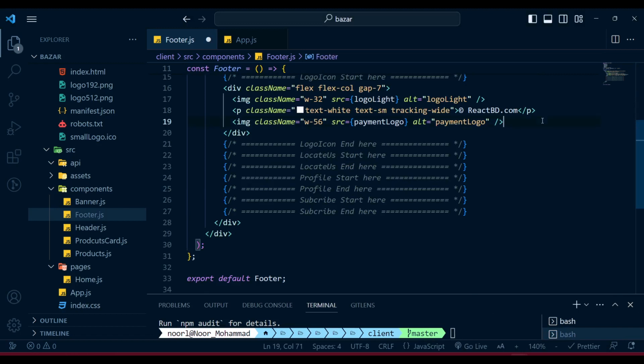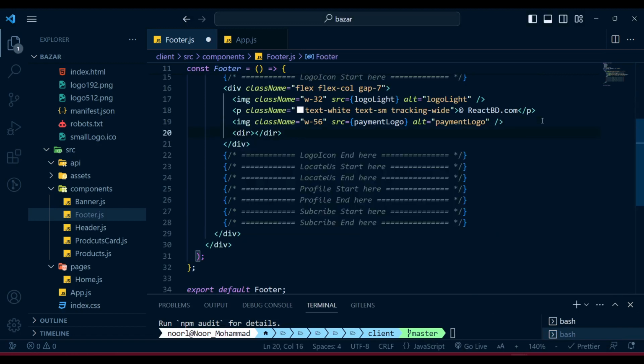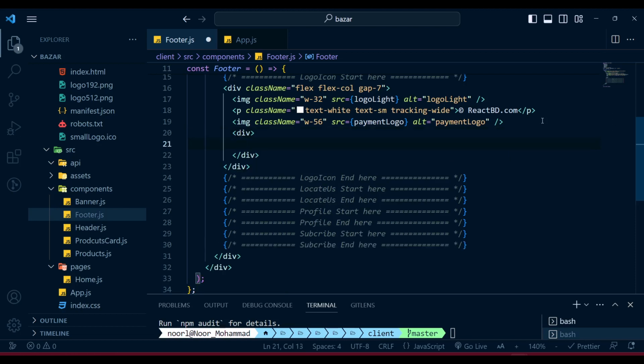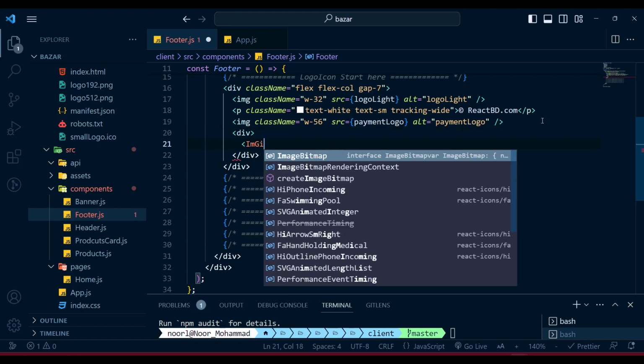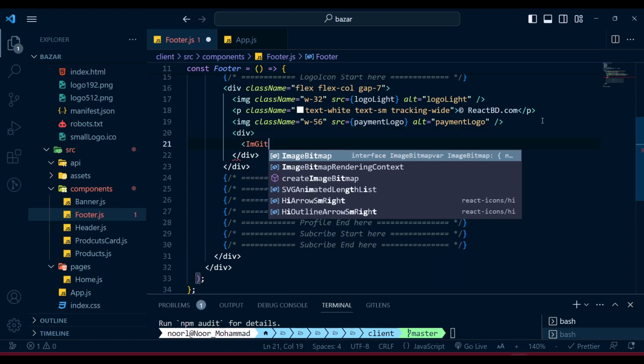in here I'm gonna introduce another div. Oops, it will not be there, div. And now in that div, first I'm gonna give, I think, GitHub. Yeah, it should be Git. Oops,